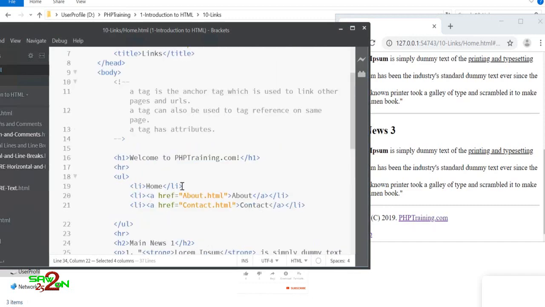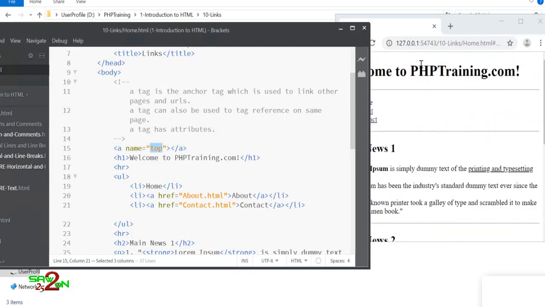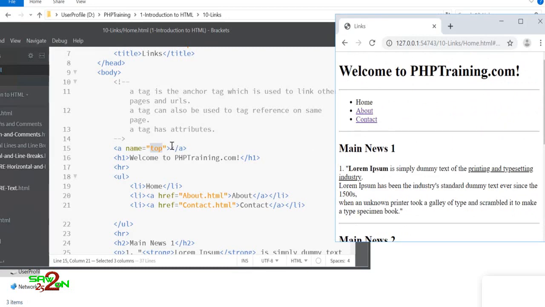Okay, so let's define that anchor as well. So how do you define an anchor within the same page? This is basically a reference you are putting inside your page, so that when someone want to go middle of the page, bottom of the page, from bottom they want to go top of the page, you can handle it via these anchors. Okay, and then you don't put any text inside it because that will be visible. You don't want any anchor to be visible, it want to be invisible, so you don't put any text inside it. Now you have this anchor name defined somewhere on the top, right? It's invisible because you haven't put any text.